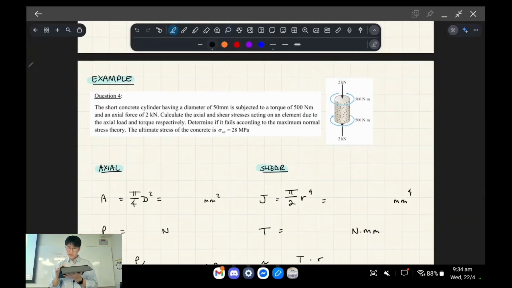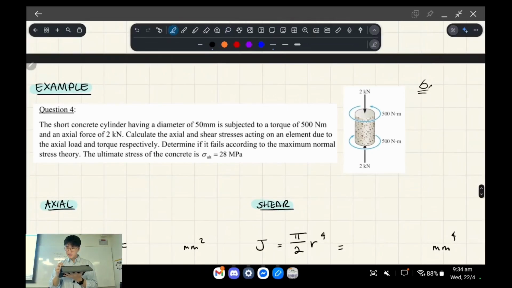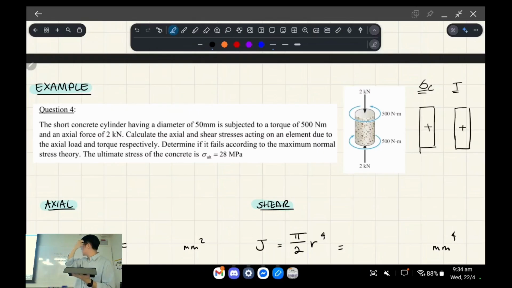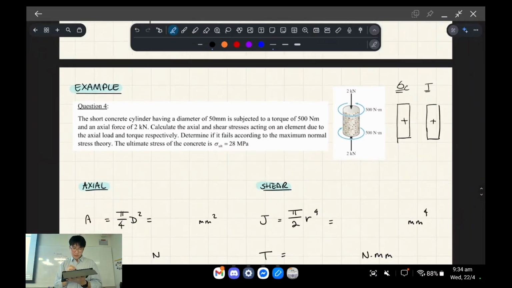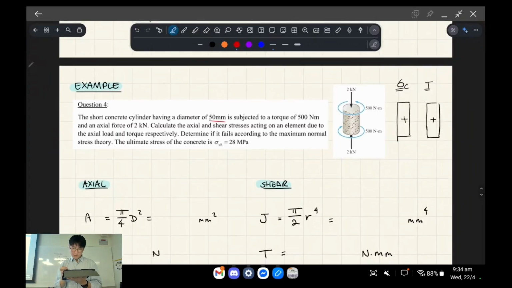If I was to graph, right, the axial stress, compression, it would look like that. So the whole thing's in positive compression, right? And if I was to graph the torsion moment diagram, it would also be like that, okay? Depending on your perspective, it's positive or negative torsion, but it doesn't really matter. We just need the magnitude of torsion, okay? So the entire block of concrete is undergoing some amount of torsion and some amount of compression, okay? So yeah, it tells you the diameter, it tells you all those forces like I mentioned, and it tells you the limit. So the ultimate stress of concrete, they just say is 28 MPa, okay?